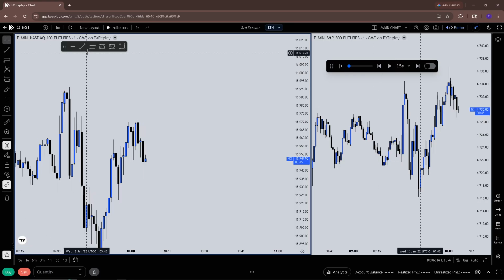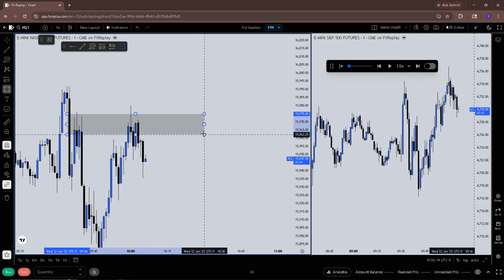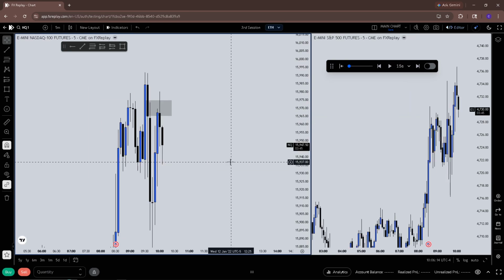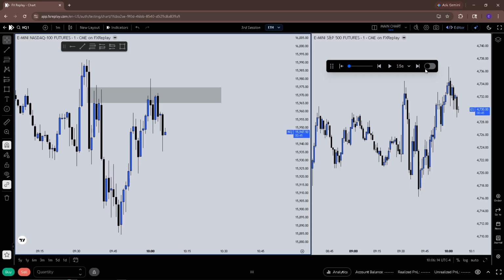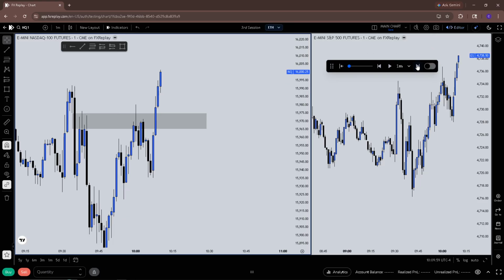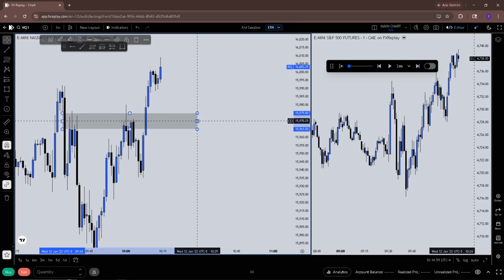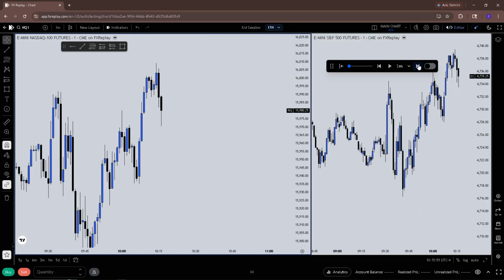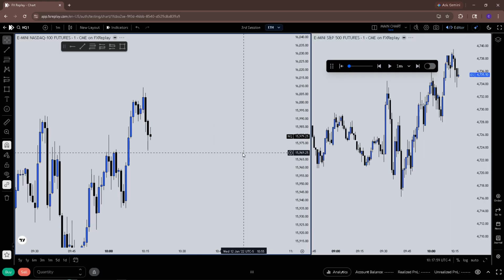We are rejecting off this 1 minute, right? So just kind of want to be cautious here. But I will take continuations to the upside. We are SMTs too. Alright, and finally it plays out. So still think we continue pushing up higher, but probably won't get any entries. We might actually.